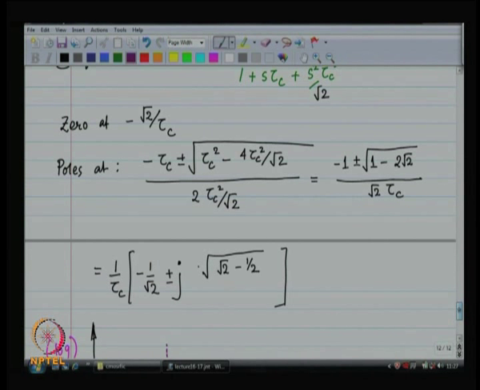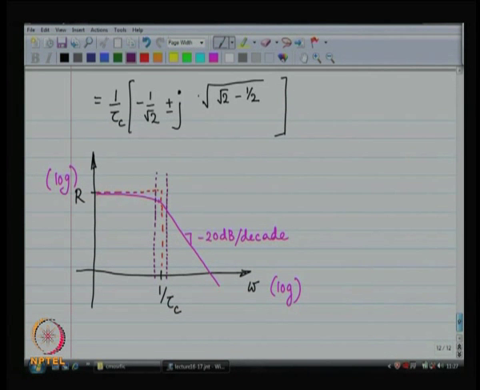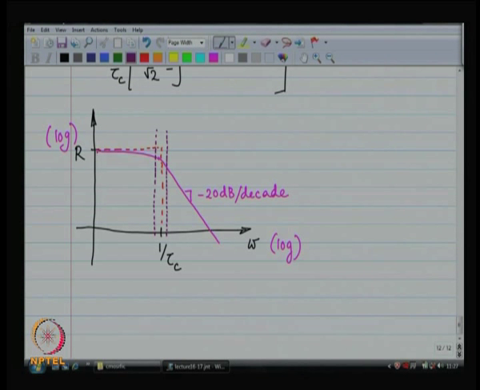Where are the two poles? The two poles will show their effect at a frequency which is root 2 times less than 1 by tau c. So, the two poles are going to show their effect somewhere over here. In the Bode plot, the real part is what matters, right. So, this is the story. So, what is going to happen is that